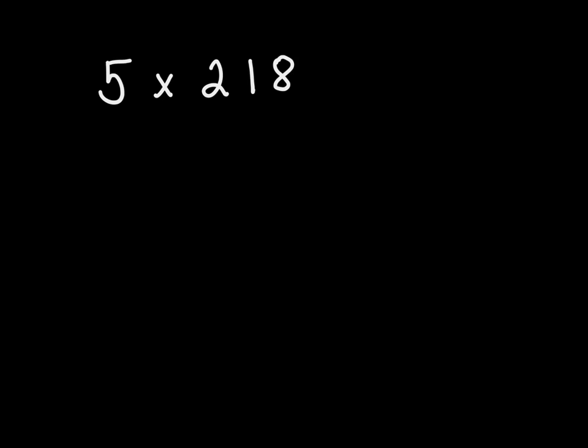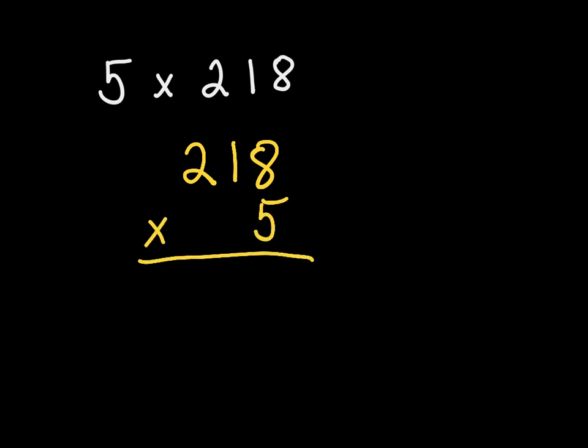Okay, so we have 218, and we're going to multiply that by 5. It's going to be some bringing over a number, regrouping here. So 8 times 5 we know is 40. So we put the 0 and we carry the 4. 1 times 5 is 5, plus this 4 is 9. And 2 times 5 is 10. So we have